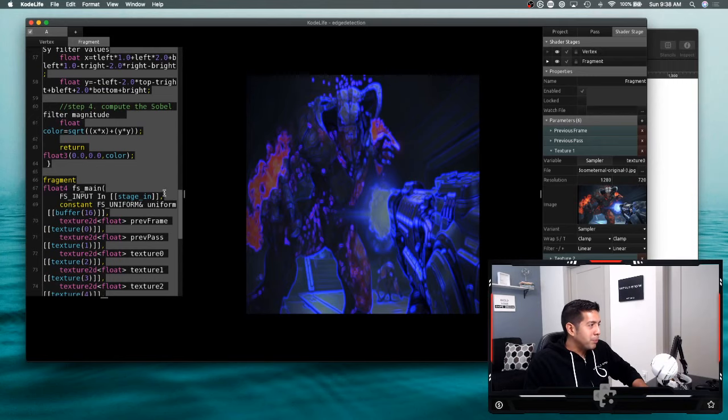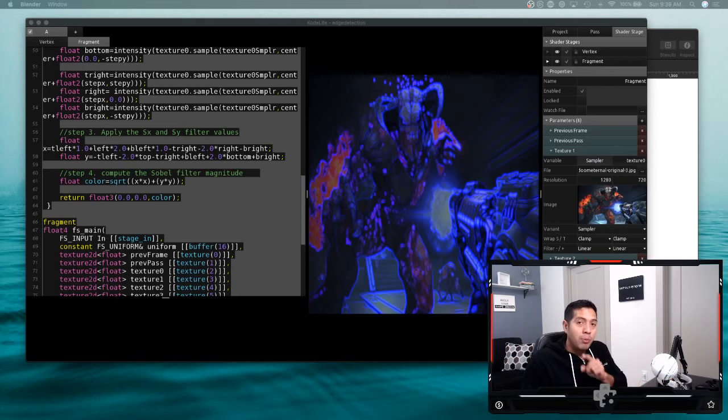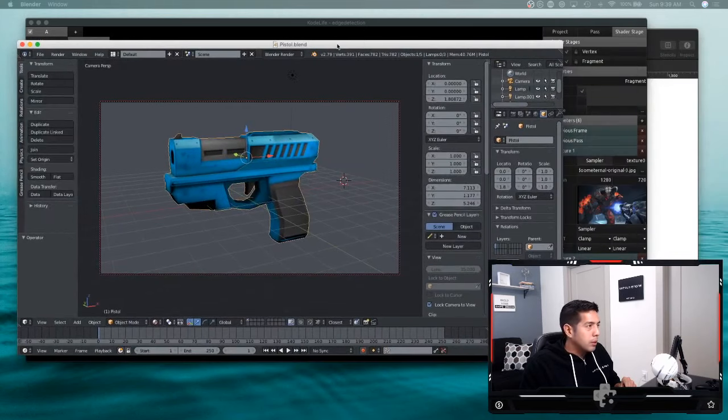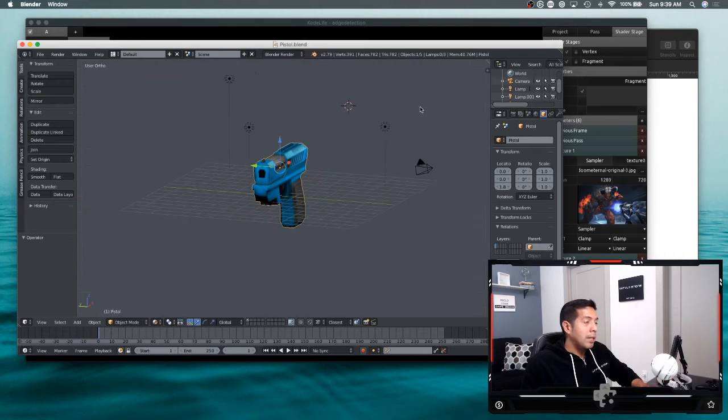All right, so that's cool and all, but now what if you want to apply this to an actual object in your game, right? And that's the cool part, in my opinion. So let me bring up Blender, and I'm going to show you what I'm going to actually apply here. So let me bring up the pistol. All right, so this is the model that I'm going to